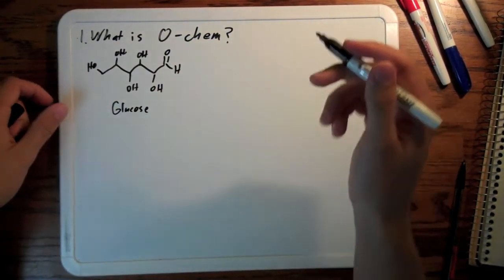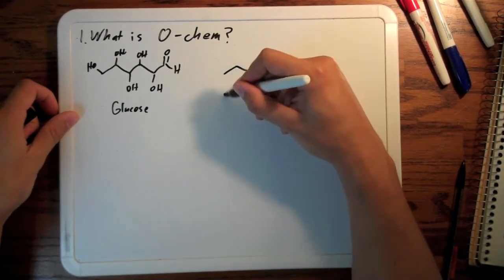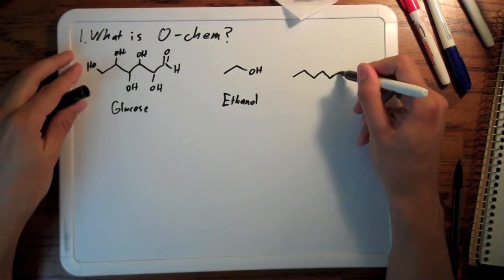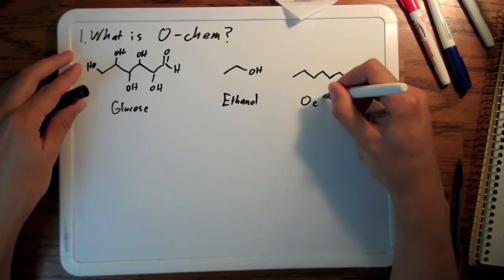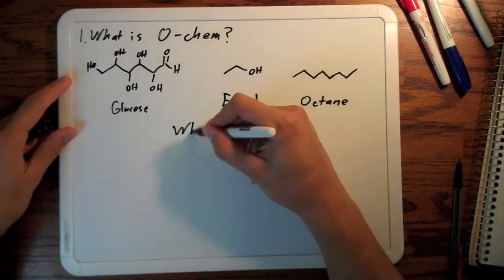Glucose. It's a very important biological molecule. Your body uses it for energy. It tastes sweet. Here's another one. Ethanol, one of my favorites. It gets you drunk, and it's a good solvent. Never drink in the lab. Lastly, here's octane. It makes your car go, it gets you places, just don't burn too much of it.